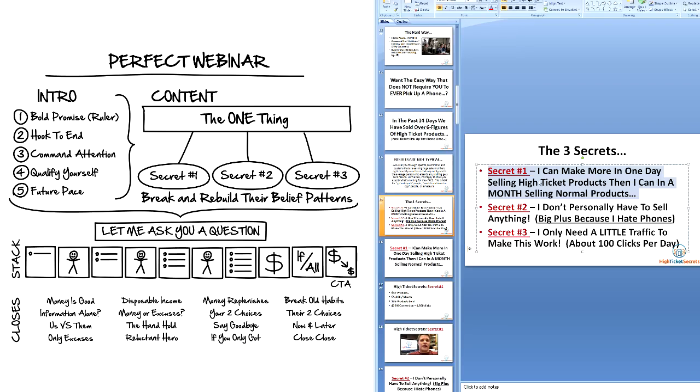Is that a new thing? No, all it's doing is strengthening the one thing. It's showing them how they can make high ticket sales without picking up a phone. So secret number one is that you can make more in one day selling high ticket sales than in an entire month